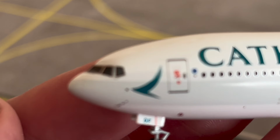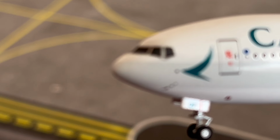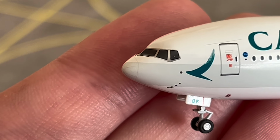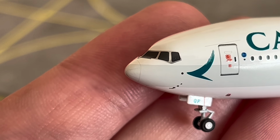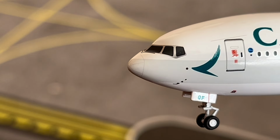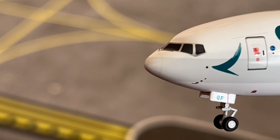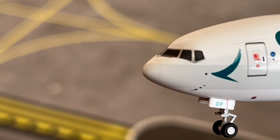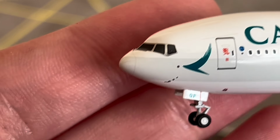Here we have at the front of the aircraft, going to the nose here, what is known as the nose cone. Underneath that is a component called the weather radar. Now the weather radar is used to detect storms along the flight path of a flight,